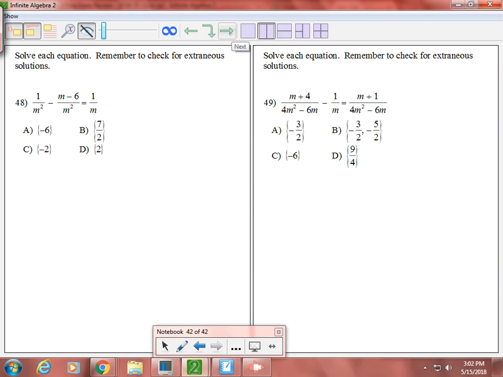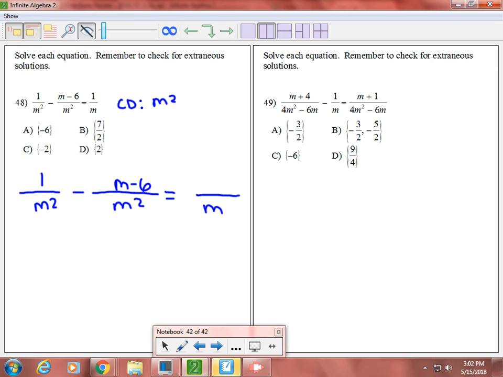Okay, solving equations. So on this one, you realize that your common denominator is going to be m squared. So I can write this out the long way, and I can say, okay, I have 1 over m squared, then this one is m squared, and I have m minus 6, and this one is just m, and it's 1. So what I have to multiply everything by is m squared,